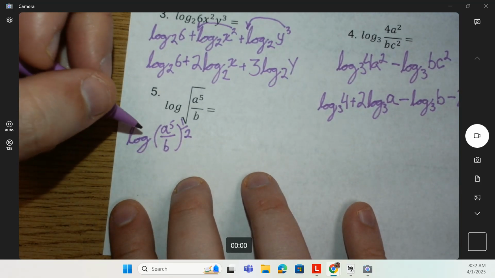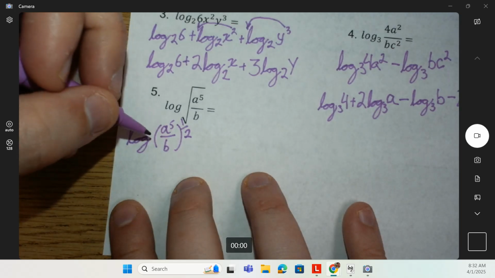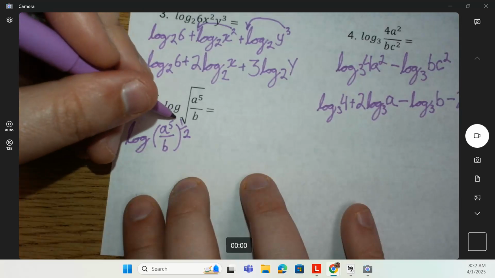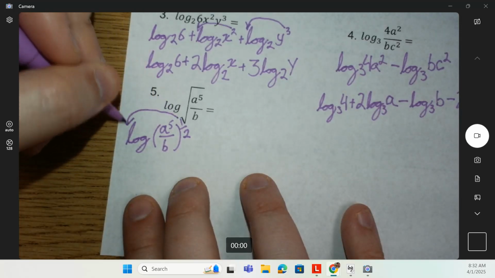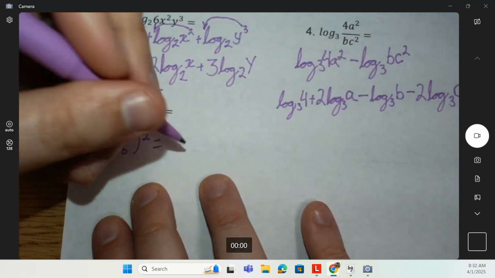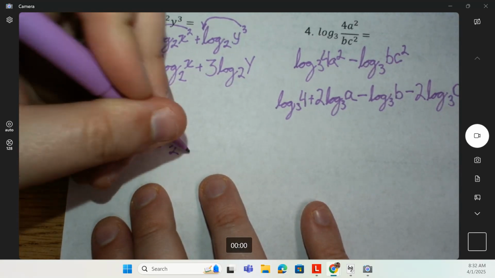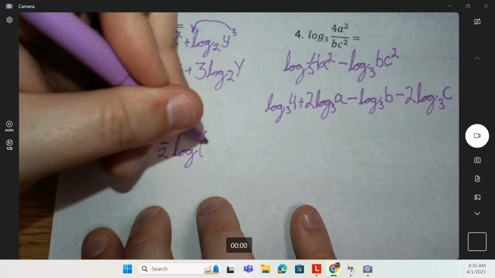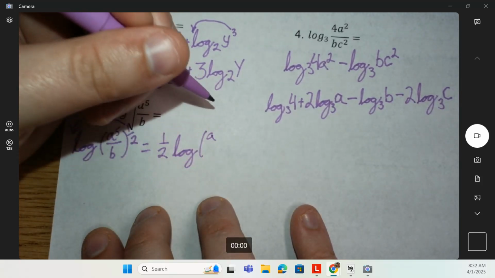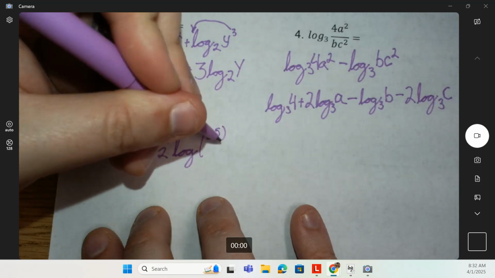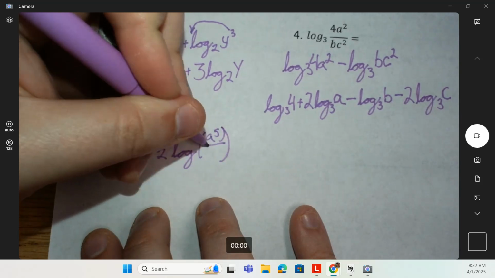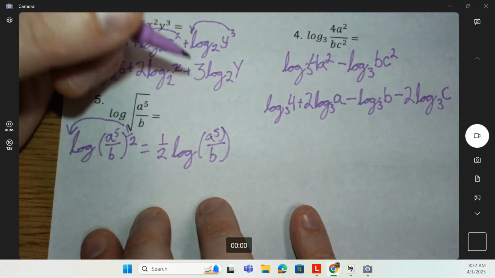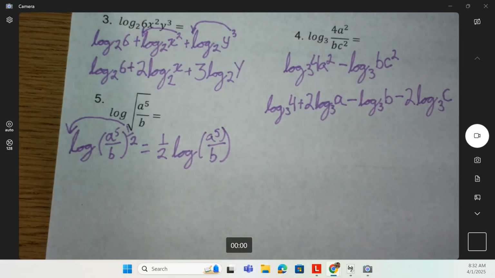And so it's log of a to the 5th over b to the 1/2 power. Well, that means that 1/2 can go ahead and move up front to get 1/2 log a to the 5th over b. And going from there,